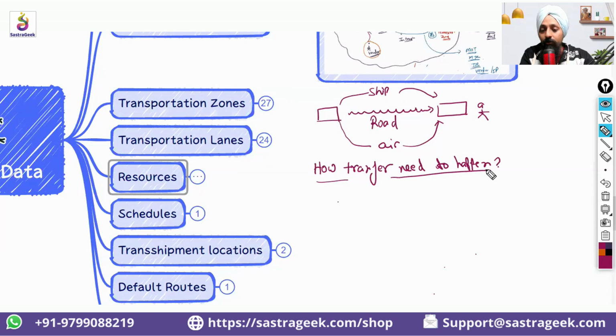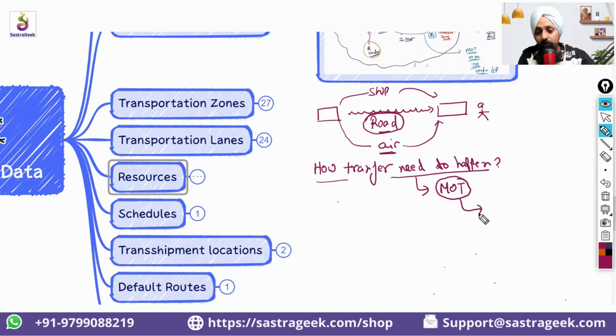That first question we try to answer with the mode of transport, MOT. That is whether the air mode, road mode, or ship mode would be required to get the transfer. That comes under the mode of transport. Second thing comes: okay, I identify I need to transfer through road, right? And the second thing you need to check,